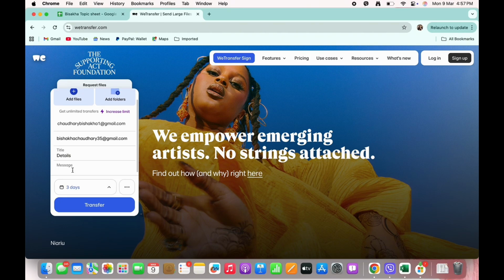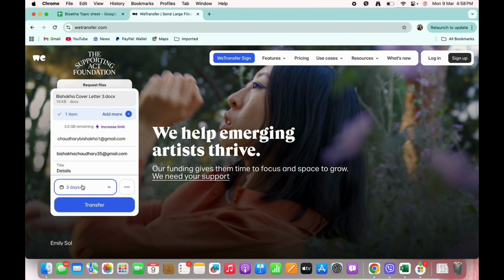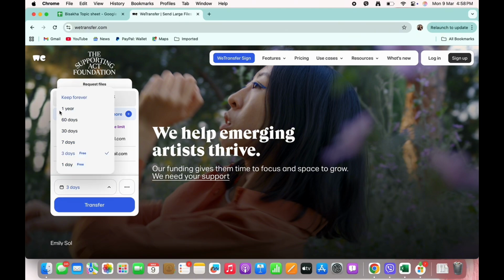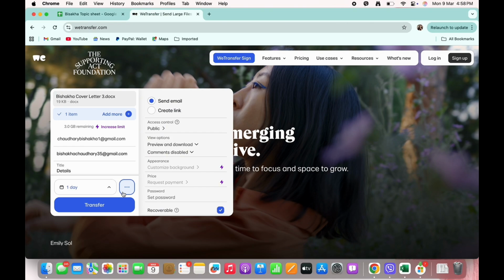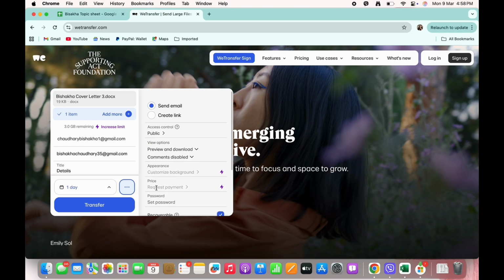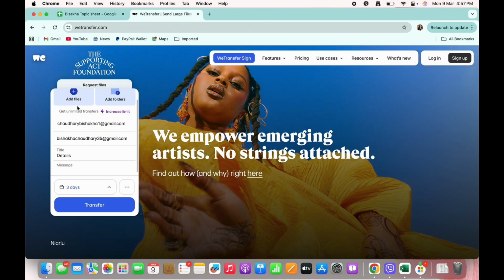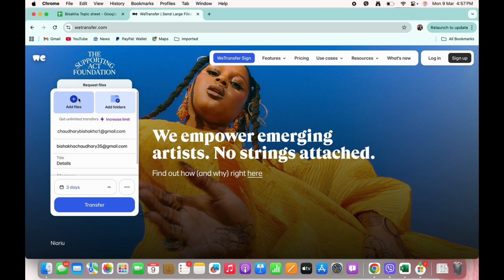to send. Once done, as you can see here, if you want to send the file for up to 3 days, then you can select it for free. And if you want to extend the file period, then you have to buy a premium subscription. Further, you can tap on the 3 dots you see there in order to make any external changes if you want. And if not, then simply go ahead and tap on the add files option you see there, and further